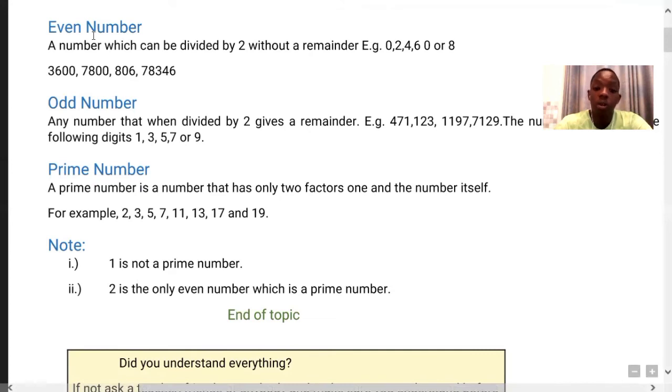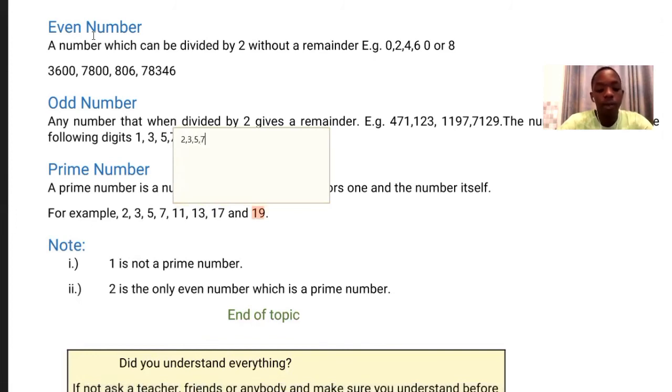Prime numbers are numbers that only have two factors, 1 and the number itself. For example, 2 times 1. Those are the only two numbers that can divide 2 and 1. So prime numbers, we can list them down. So we have 2, 3, 5, 7, 11, 13, 17, 19, 23, 29, 31, 37, 41, 43, 47, 53,